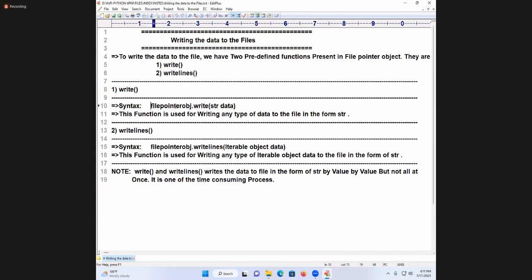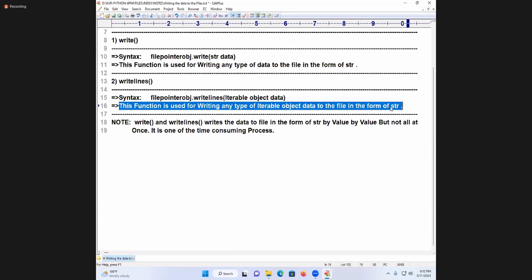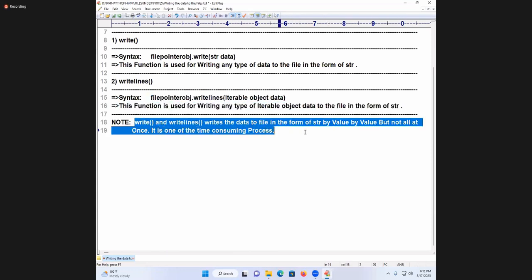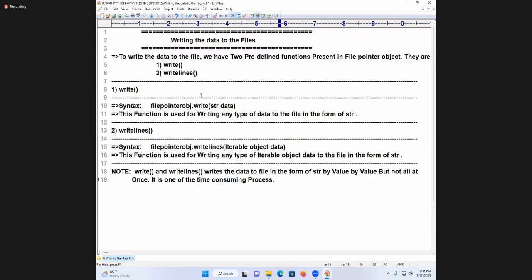write(): file pointer object dot write(str data). This function is used for writing any type of data to the file in the form of str. Another one is writelines(iterable object), as you saw in yesterday's class. These functions write the values one by one. Are you following? Now, today, I'd like to go for reading the data from the